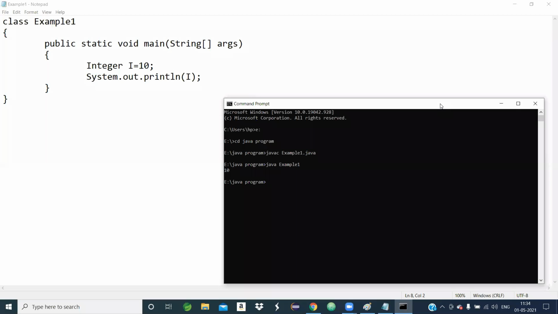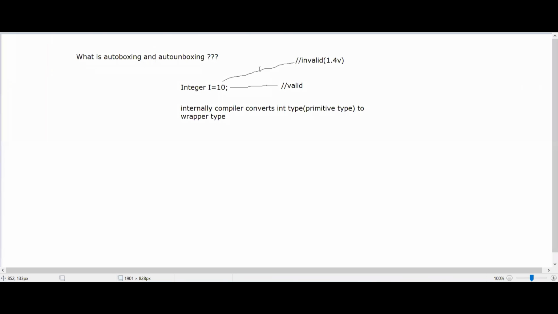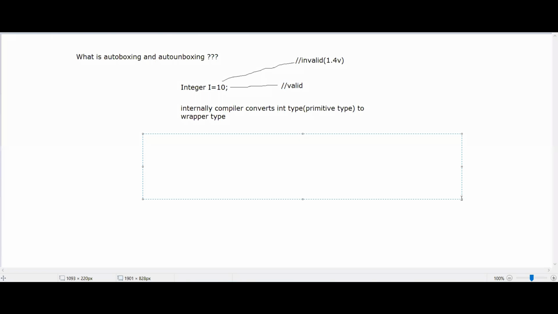Give a response. I hope everybody got clarity. Yes, Give a sir. response. Yes, sir. Yes, sir. So internally what the compiler is doing, internally what the compiler is doing, integer I equals